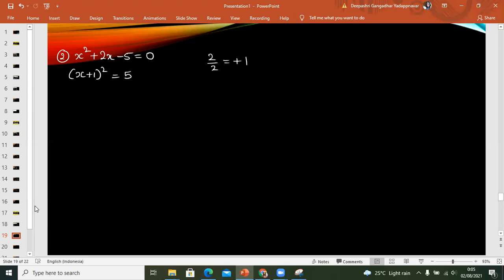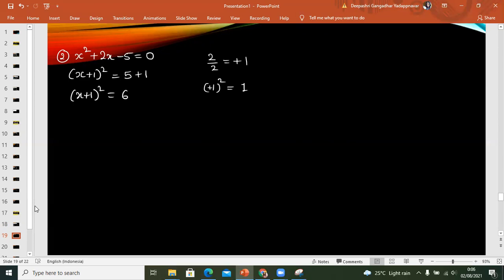Next step is this answer, whatever we got, we have to square it. If you square it, you will get one number only. And it is a positive sign, so we will write plus 1. If it is negative, then we should write negative. Here, (x + 1) whole square equals 5 plus 1, which is 6.